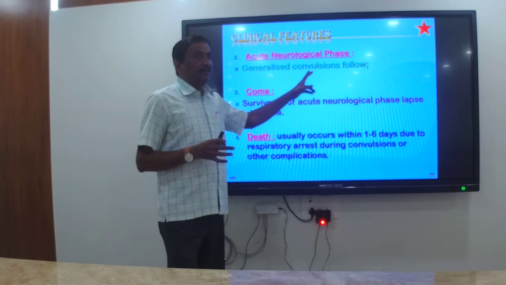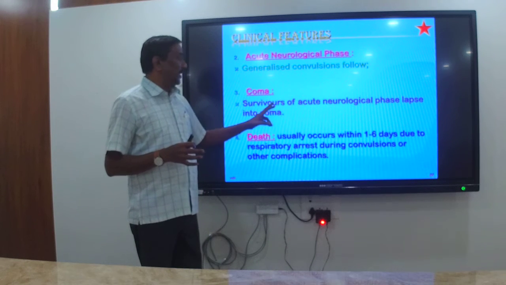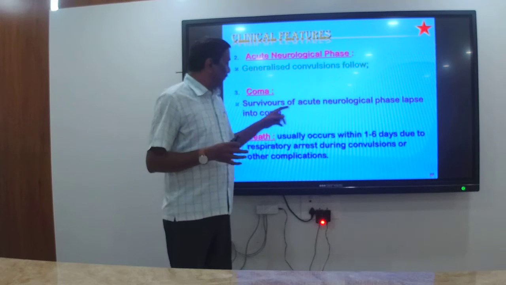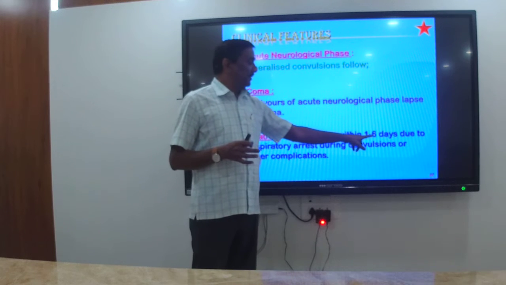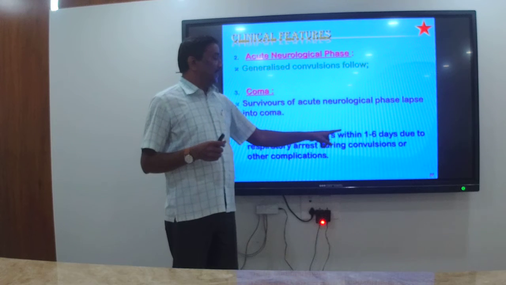And this convulsive patient may further lead into the third stage called coma. Survivors of the acute neurological phase lapse into coma, and death usually occurs after 1 to 6 days due to respiratory arrest during convulsions